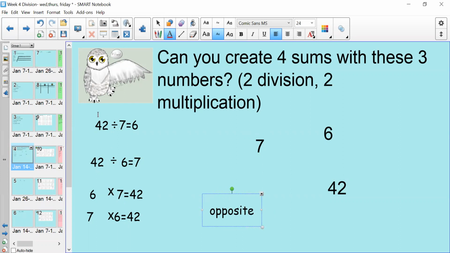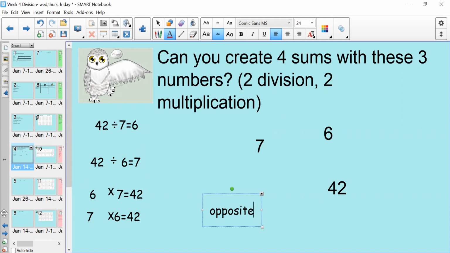So with division, we've got a big number and we're dividing it by another number to create a smaller number. Whereas with multiplication, we've got 2 small numbers to make a bigger number. So it's doing the opposite thing. But we can use division and multiplication together to help us get answers. So we call these 3 numbers a number family, and they can create 2 multiplication and 2